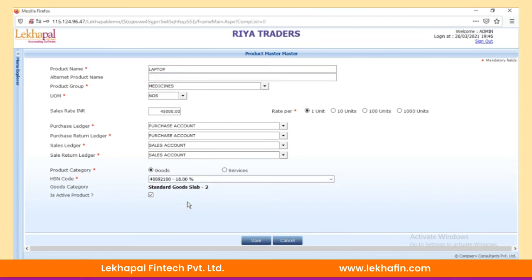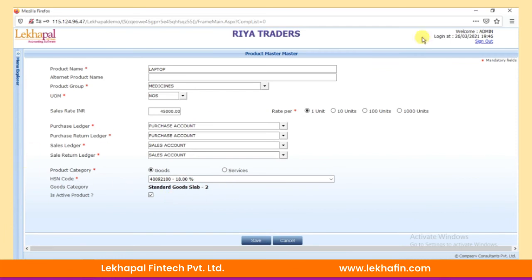Creation of HSN code or putting up an accurate HSN code will derive into the subcategory of goods category. Friends, this is a very important step because whenever the rates change, HSN code will effectively have a direct impact on it.